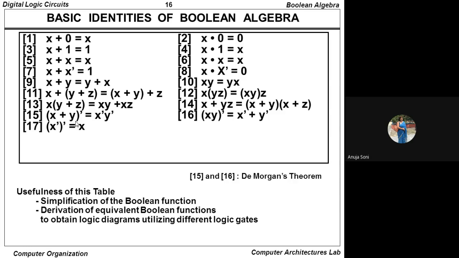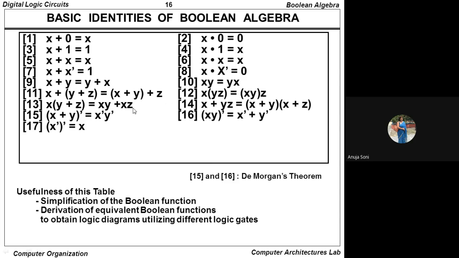Now we come to the distributive law. No, not distributive, rather De Morgan's law. What De Morgan's law says, it's point number 15 and point number 16. Both are part of your De Morgan's law. It says that whenever the complement of the two variables is taken with the logical OR operation applied in between, it can be rewritten as x dash into y dash. That means (x plus y) dash can be rewritten as x dash into y dash. This is one way of writing De Morgan's law. Again, it is used in the simplification of your Boolean expression.